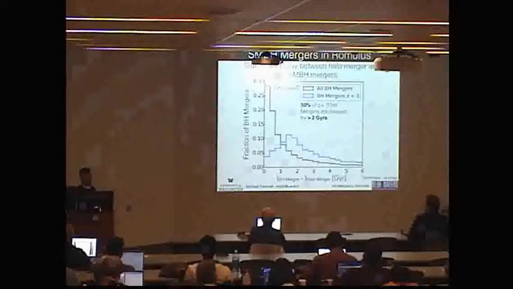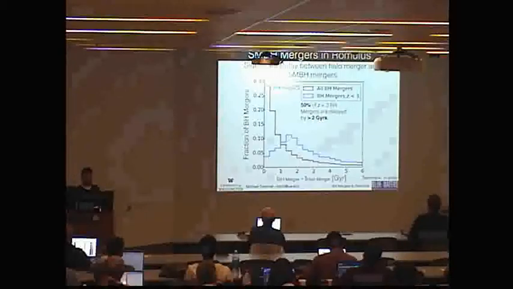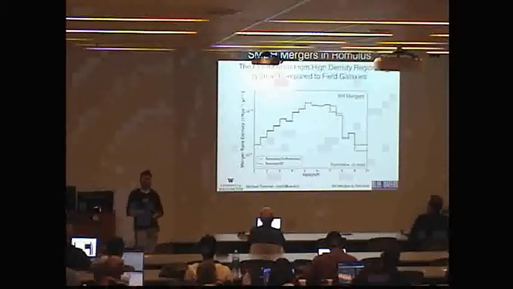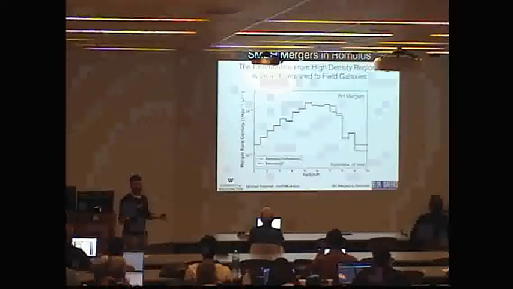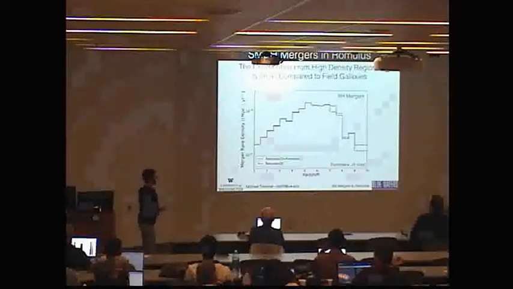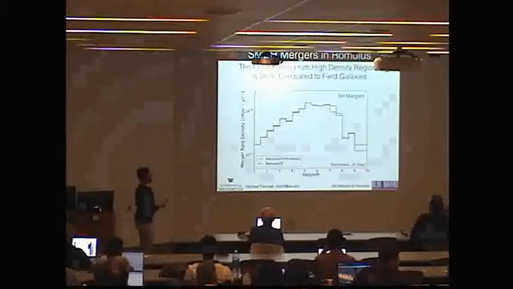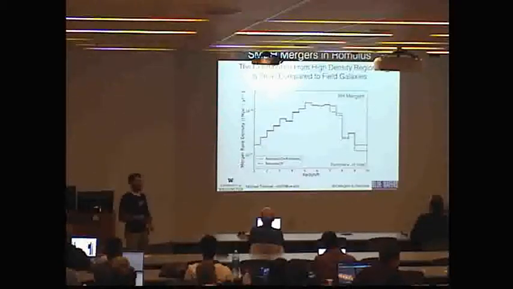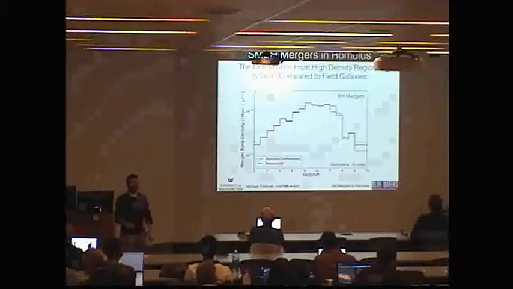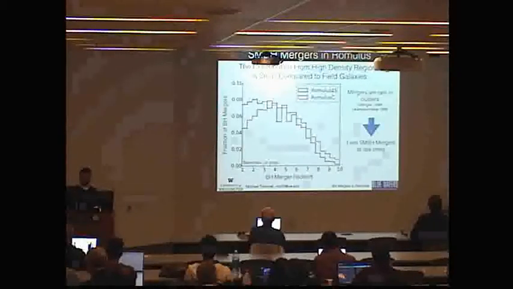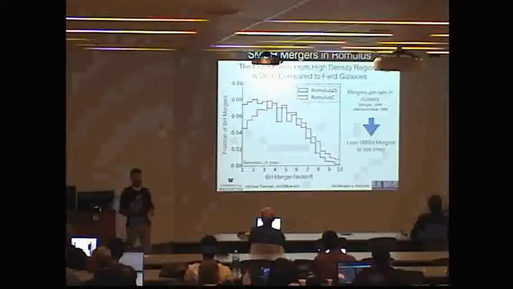Now, we can go one step further. All this so far has been Romulus 25. And we can look at the relative contribution of field galaxies, which Romulus 25 is sampling. But it's a relatively small volume. It doesn't have large overdense regions. And so we use the cluster zoom-in simulation and take the data sets together and look at the relative signal between the two. And you see that the overall merger rate changes very, very little. The overdense regions don't contribute very much at all, maybe a little bit at high redshift. And at first, this might seem surprising, but in fact, it's not surprising at all, because galaxy clusters tend to have much lower merger rates, especially at low redshift.